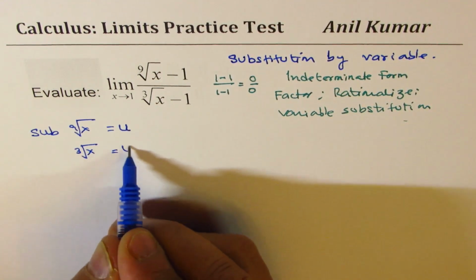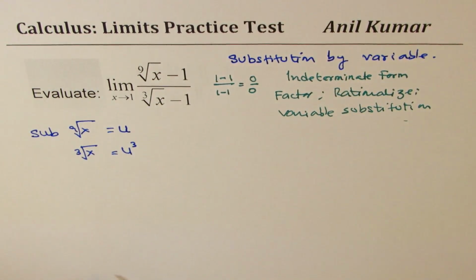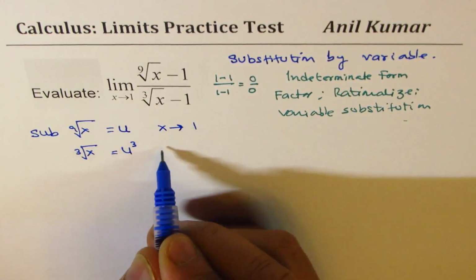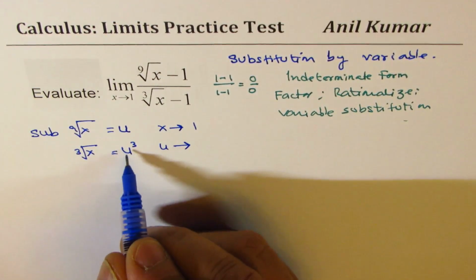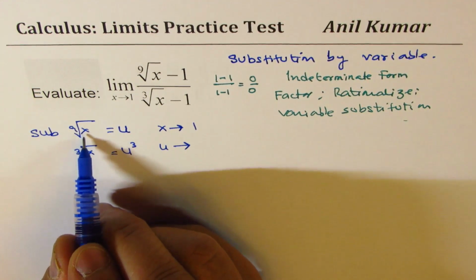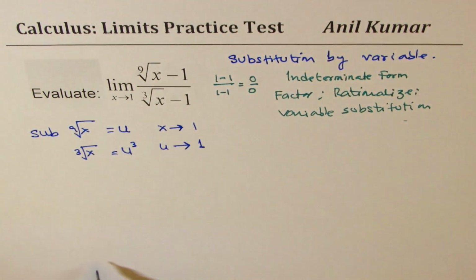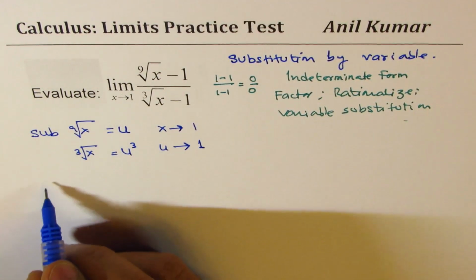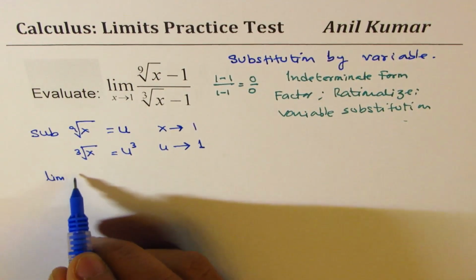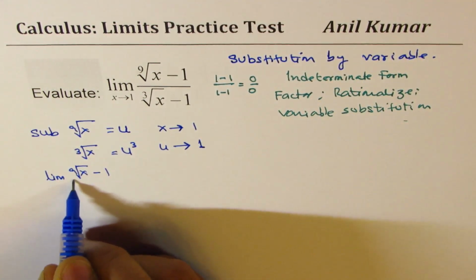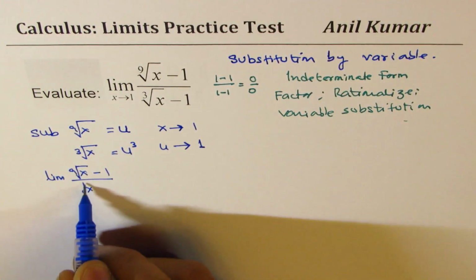Cube root of x will be u cube. That's the first thing. Now, if x approaches 1, then u approaches what? If x approaches 1, the ninth root of 1 will also be 1. So u approaches 1. And therefore, we can write the limit of ninth root of x minus 1 over cube root of